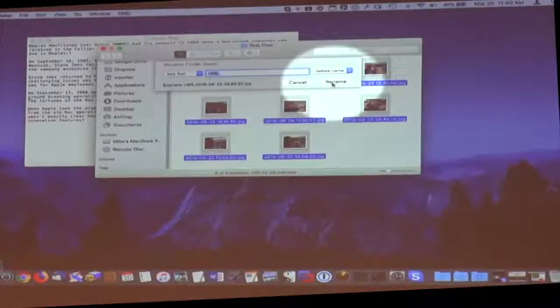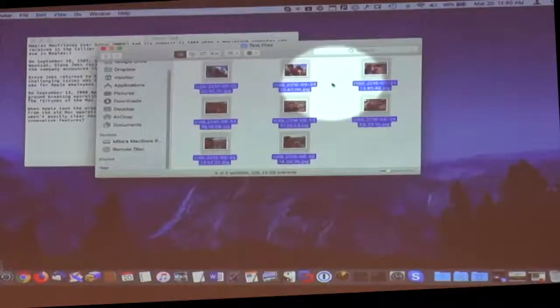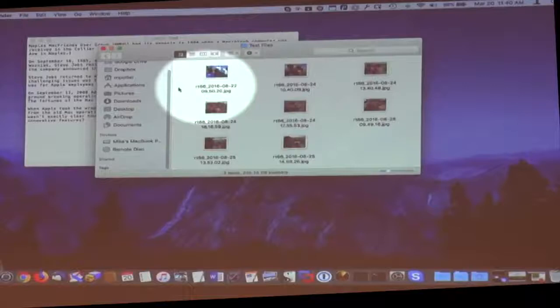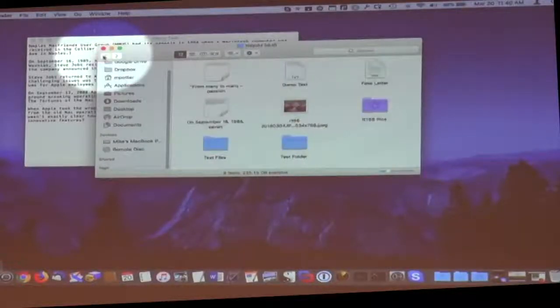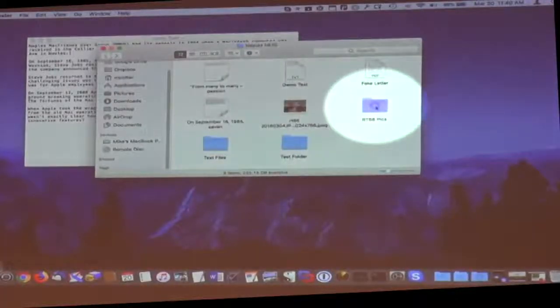Click rename. Okay, they all now have Route 66 at the beginning. This could just as easily be a surname. It could be a particular family member's name. But now when I go to my Smart folder,